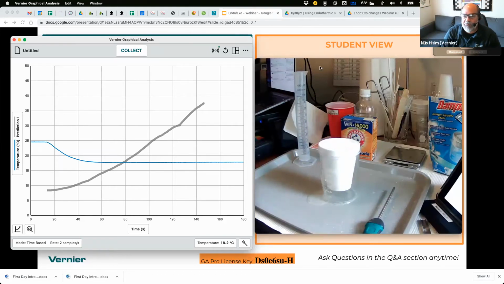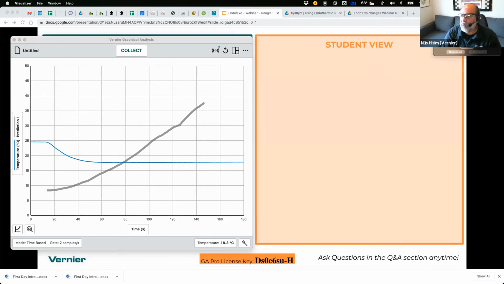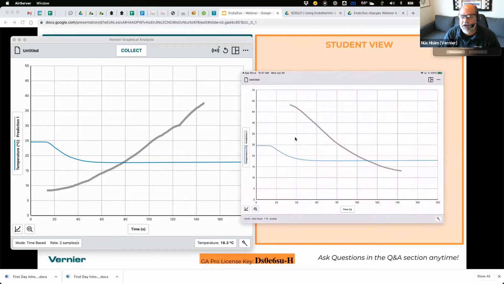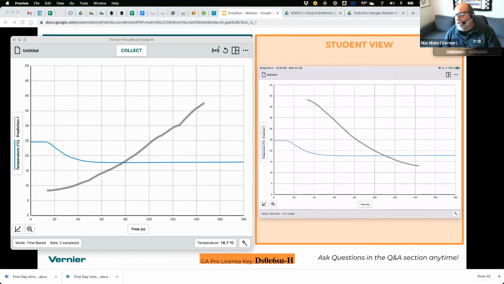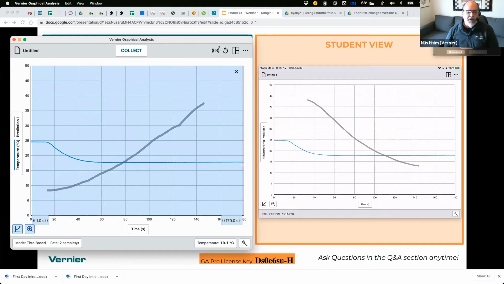Okay, so I'm done with this. I'm going to slide this window out of the way temporarily. Let me get the iPad back over here, just so that we can compare what we see. So you guys on your end should see something similar to what's on my iPad. But if you look at the instructions for the experiment, it says data collection stops, click and drag across all the data on the screen. But notice that when I do that, it doesn't happen on your end. So you click and drag all the data, right? And you can actually grab the edges and go a little further if you want to do that, and then it says to